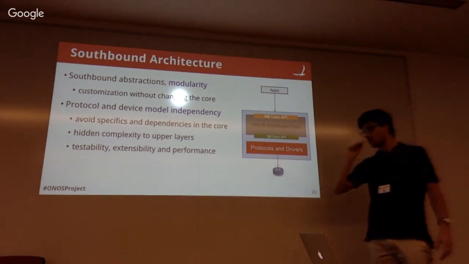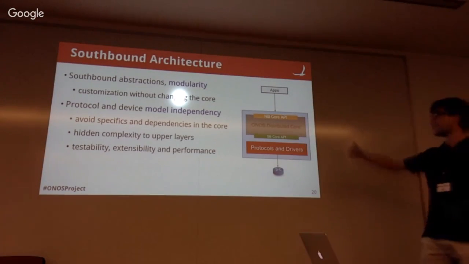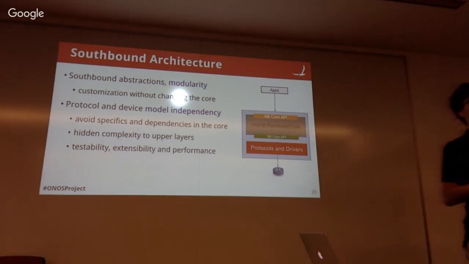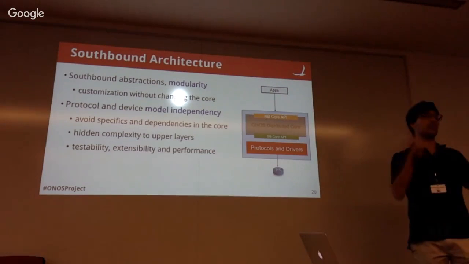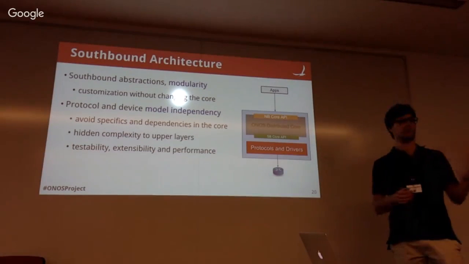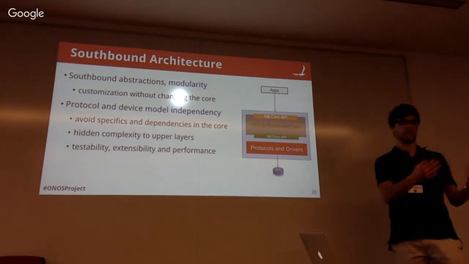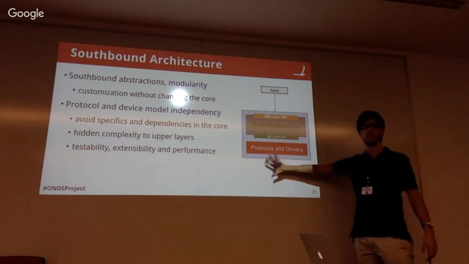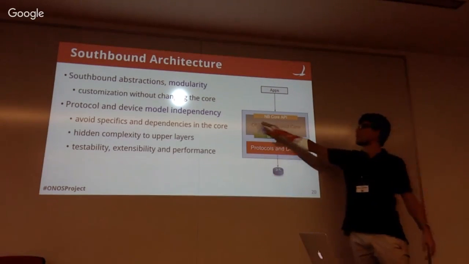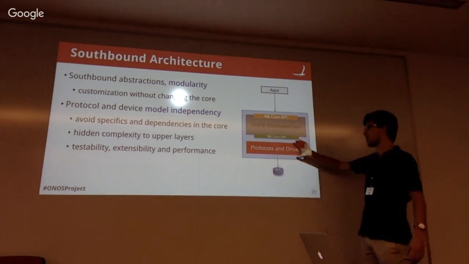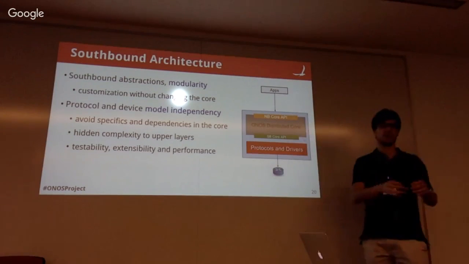So it also enables us to be model independent always in the core and abstract this interaction with the devices to the apps. For example, in the intent subsystem, let's say you get a host-to-host intent. You just want connectivity from these two hosts. You don't care how that connectivity gets actually done in the network. And the path can be comprised of different devices between different protocols, but you get connectivity. So this is how we abstract to the application perspective all the dealing with the devices. Having this southbound core API where a device is just a device. You don't have the notion of Netconf, except for the device ID. But then the magic happens here, and then you talk to the device, but the application just sees the result,